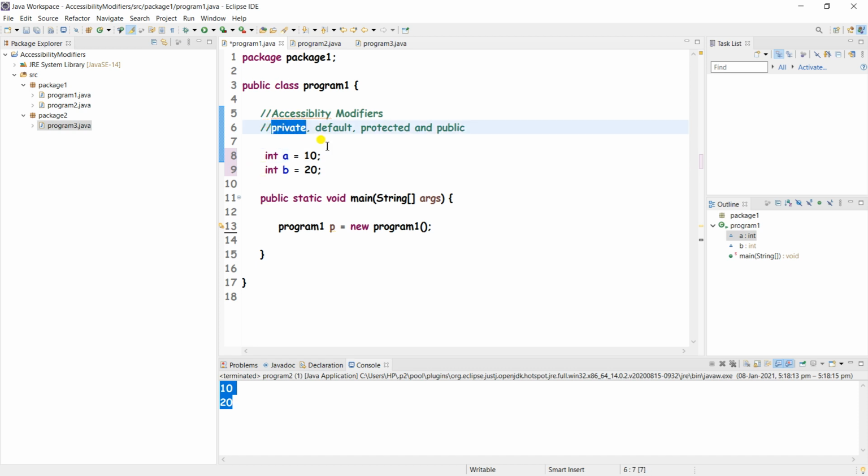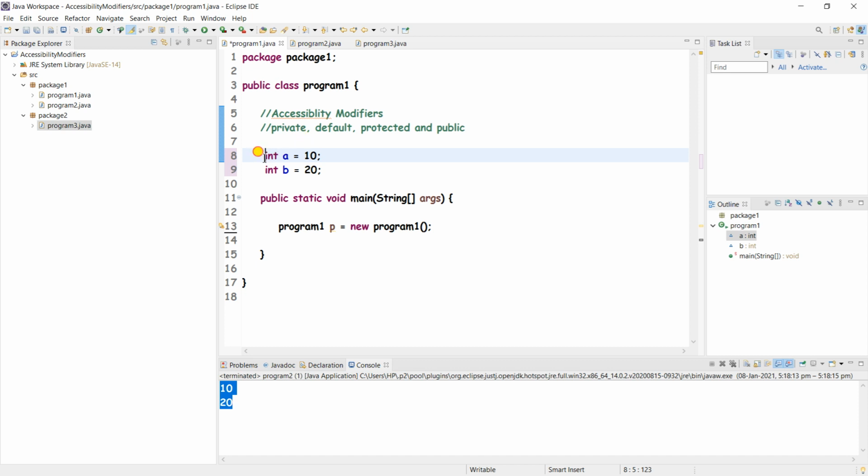Private is completed, right? Now we'll see default. How to declare a variable as default. If you do not mention any modifier, if you declare a variable without any keyword, then that variable or that class is going to be a default variable or default class, right?